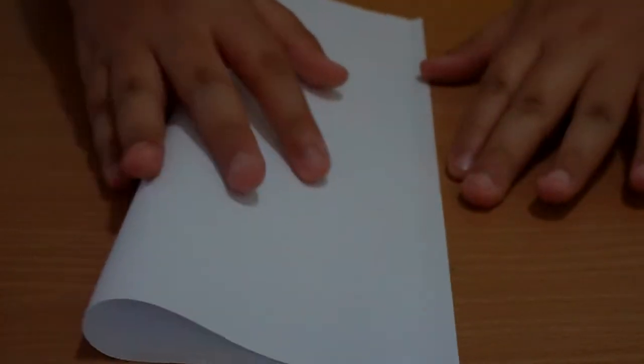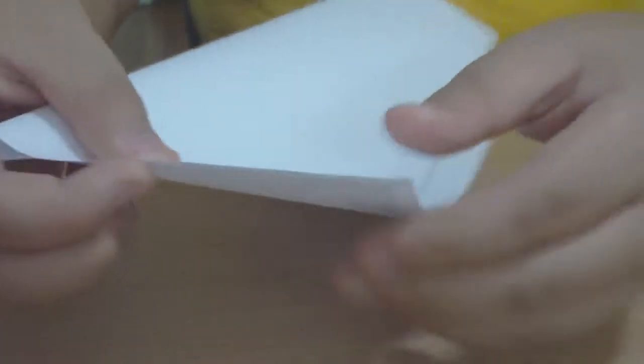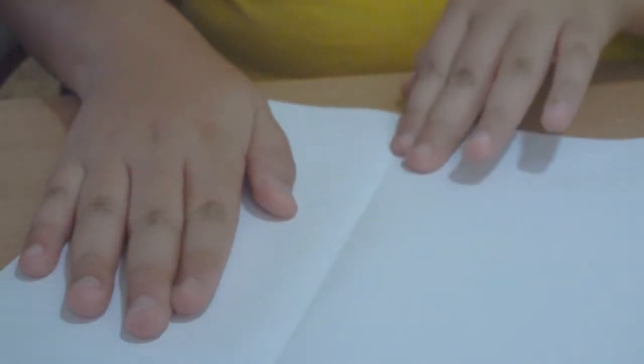So let's get started. With your first sheet of paper, you're going to be making the blade. Now, first you fold this in half long ways. My friend here will also be doing it. Get the paper and you just fold it in half long ways. And once you do that, you open it back up again, like this,